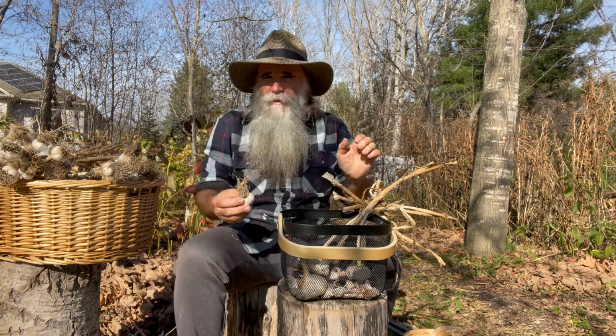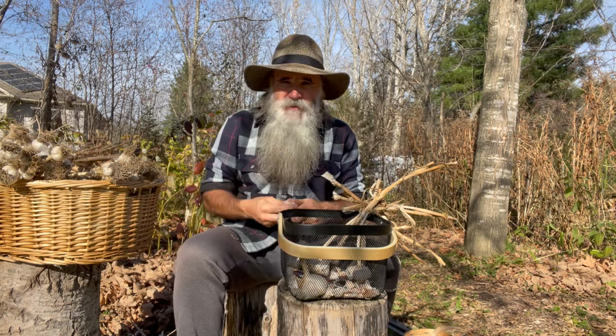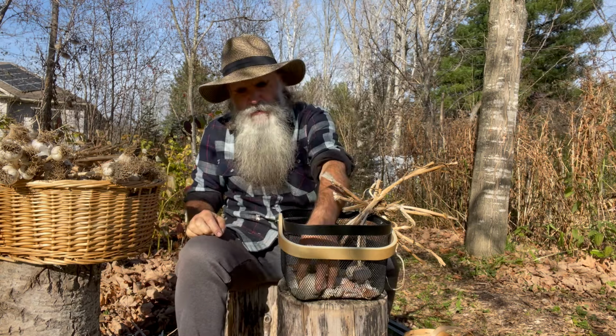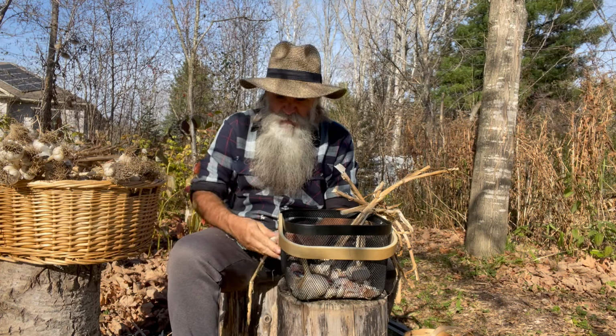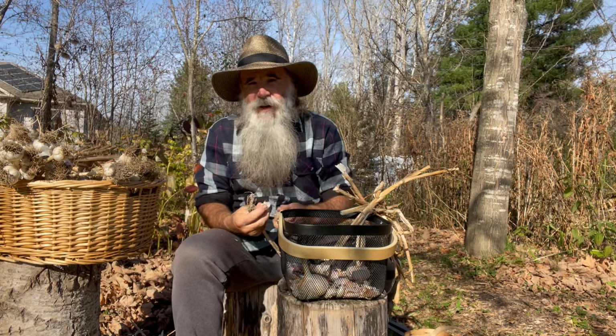I'm not going to replant. I'm just going to let stuff regrow all on its own. And so that's where I'm going to start putting the garlic mixed in with the other plants, because I want to have that garlic coming back, and I'm going to put it in all our other gardens too, let's say our perennial ones, our chinampas gardens and so on, so that it comes back every year